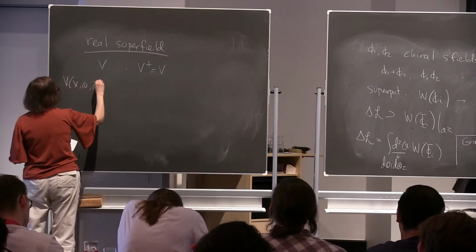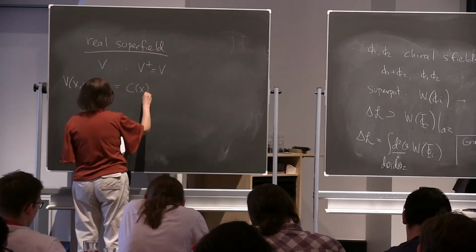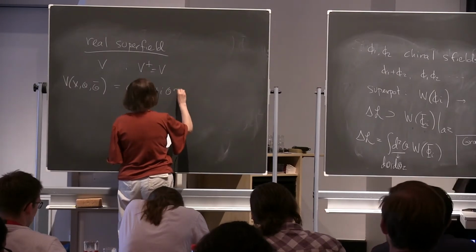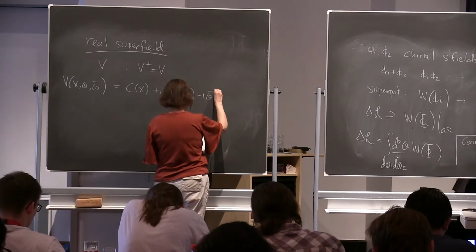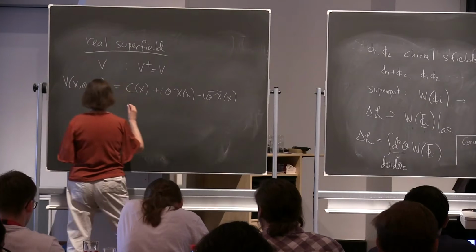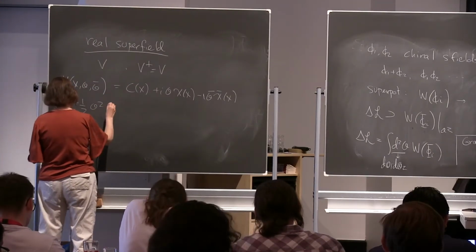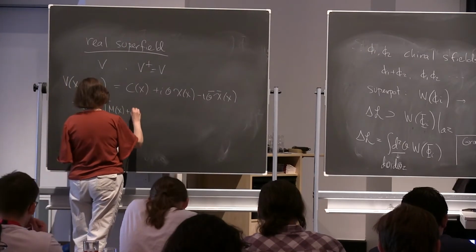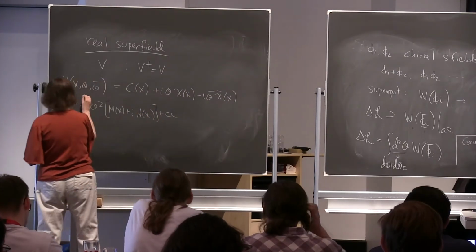Again, it's something that depends on x, theta, theta bar, and it's of the following form: C of x plus i theta chi of x minus i theta bar chi bar of x plus, let me put this guy in parentheses, theta squared (m of x plus i n of x) plus the complex conjugate